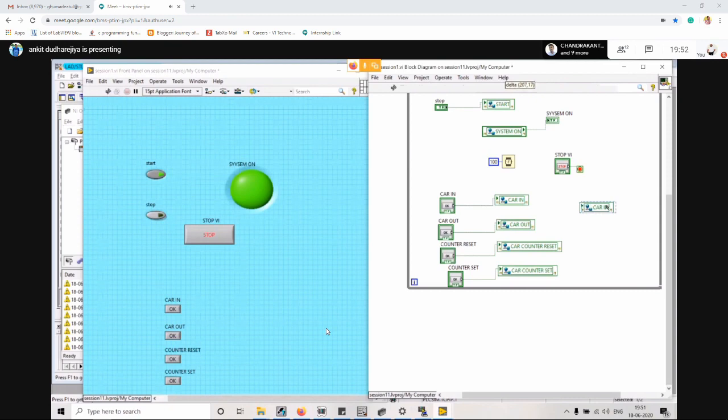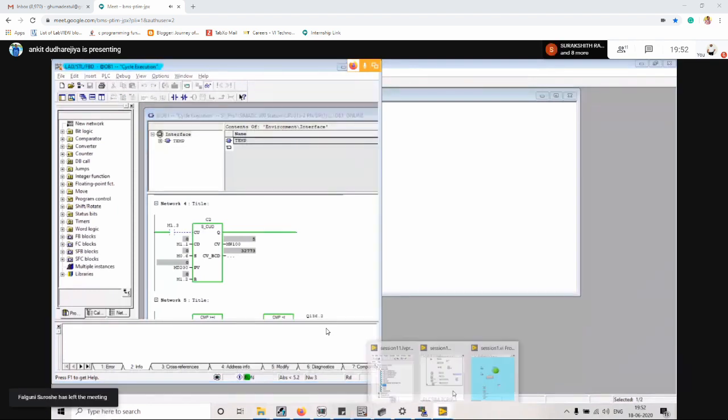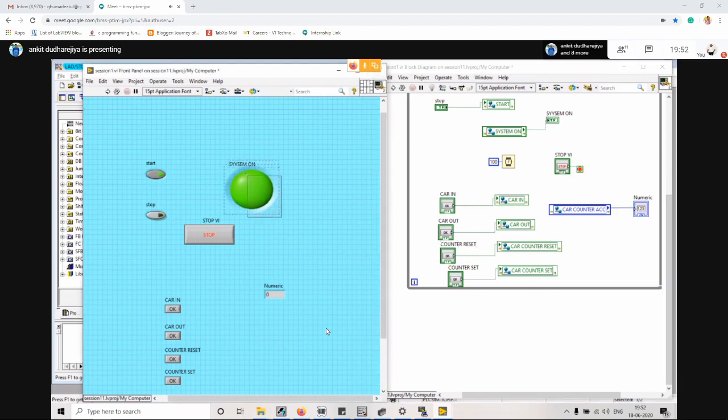Whenever we press this switch in our PLC, the counter will be incremented, and that will be stored in this tag. So we want to read that value from the PLC. So we will change the access mode into read and assign it.